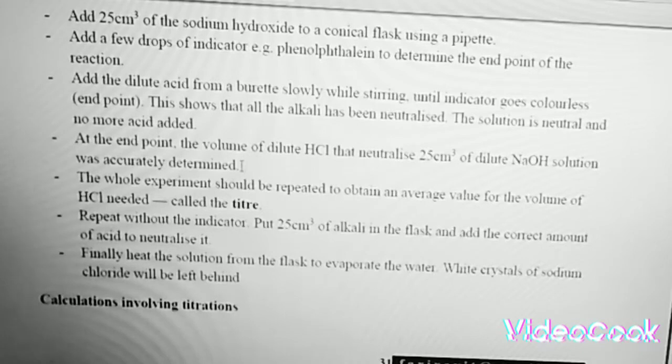So in other terms, you have noted down the amount of hydrochloric acid that is required to neutralize 25 cubic